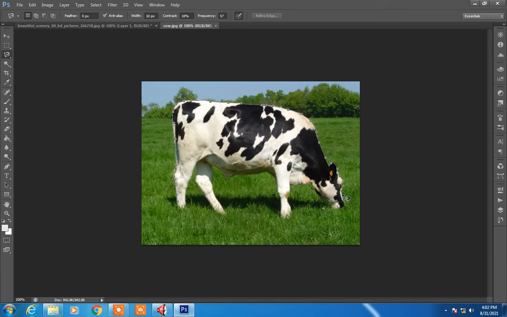In such portions you can always click a little bit so that the selection is done properly. All you need is patience when you are selecting it.